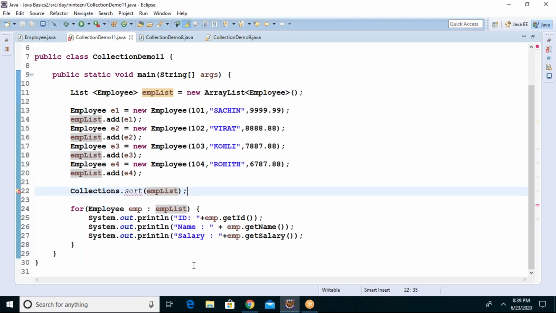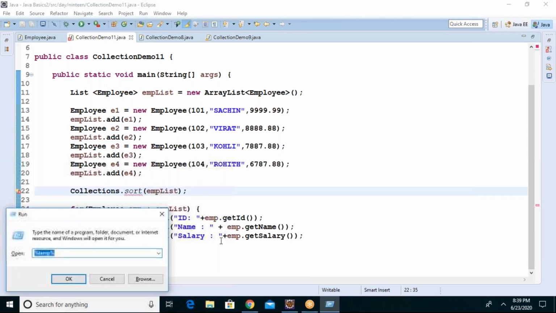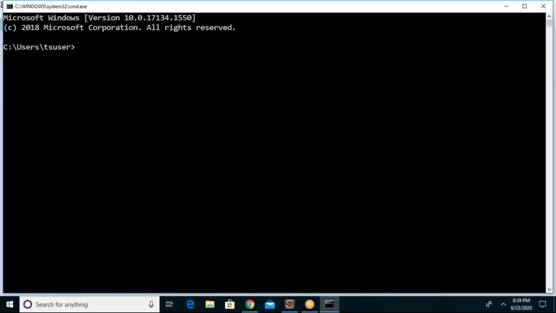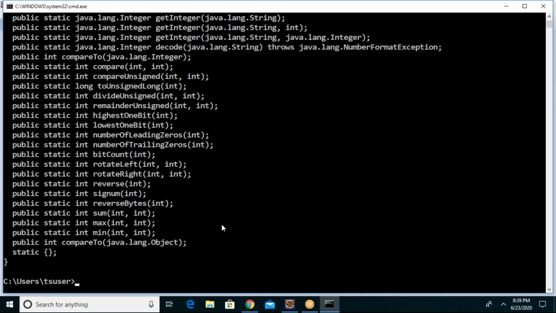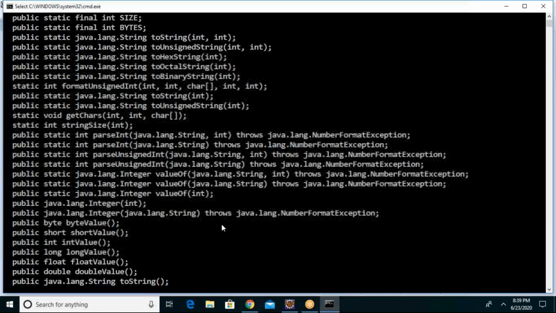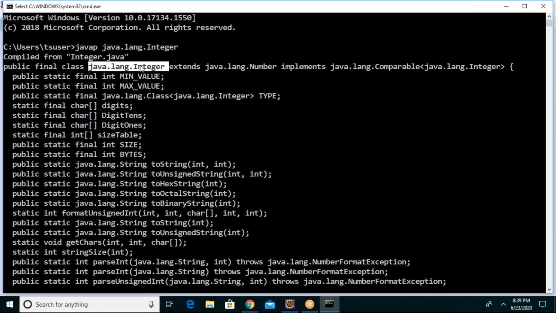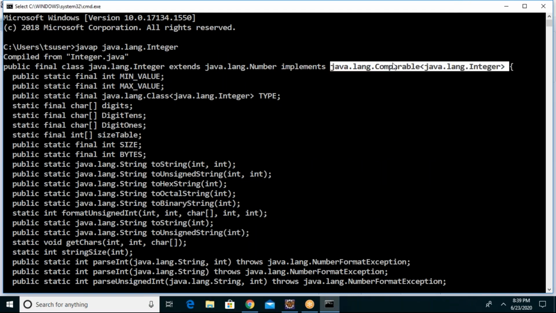So guys, before that I wanted to show you java.lang.Integer. In this Integer class, it implements one interface called Comparable.